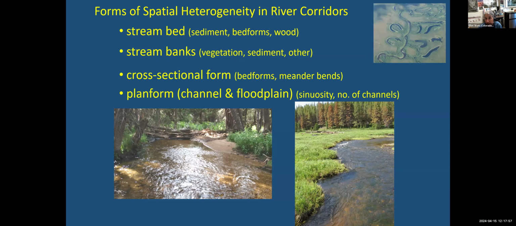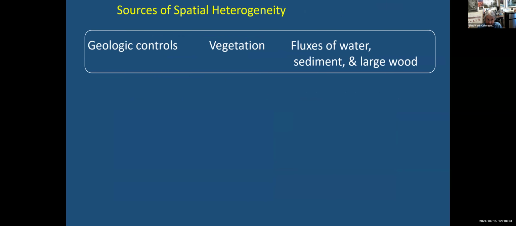And then heterogeneity in plan form, the sinuosity of the channel, whether it's a single or multi-channel system, the number of secondary or partly abandoned or completely cut off channels in the floodplain. This is an aerial view of a small channel in interior Alaska, showing some really nice cut-off meanders that are now floodplain wetlands. So there's these basic dimensions that can create patchiness, but fundamentally the sources are